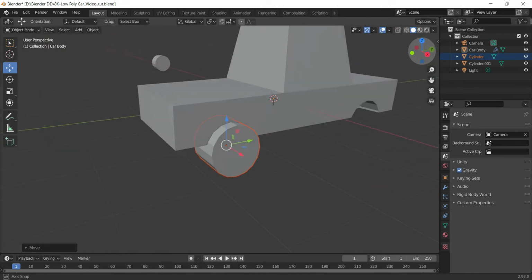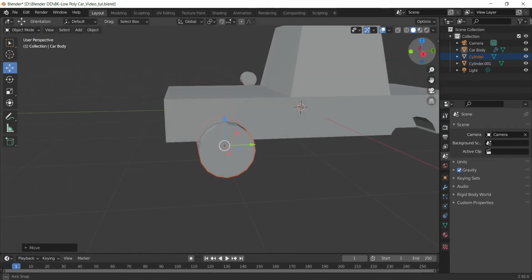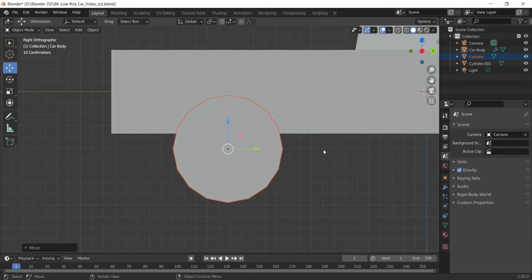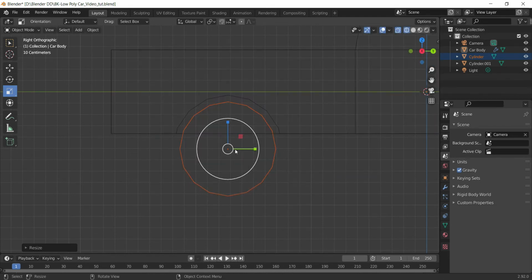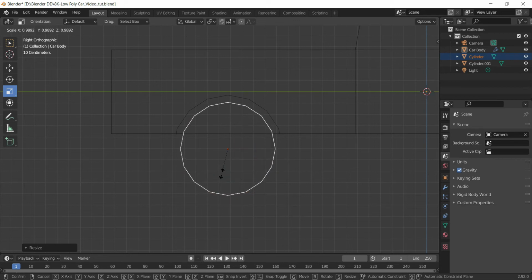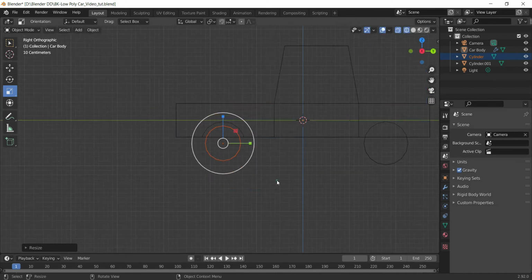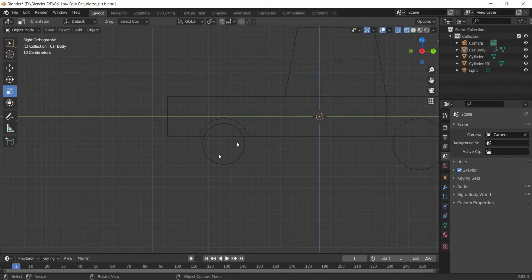Now, first of all, usually tire is not like that much big, which touches the car body. So the first thing which I will do here is to reduce the size of this cylinder. So I'll switch to scale tool and I'll reduce its size like this. Let's switch to the wireframe view so that we can see the edges to compare the size difference. And I think this much scale down seems about right. Let's zoom out a bit. I think it's good enough for the time being. If we feel like this is not looking good, then maybe we can change the size afterwards.